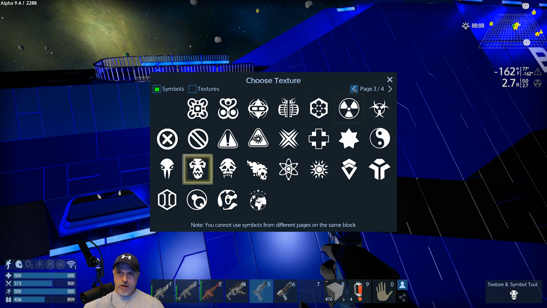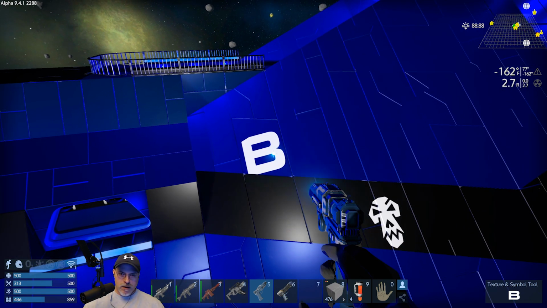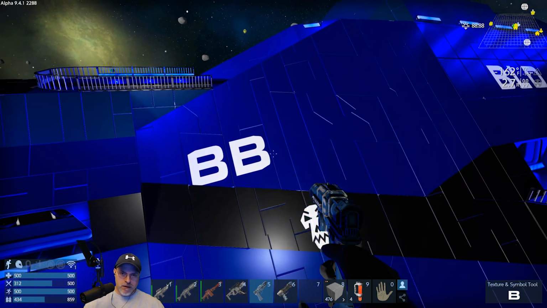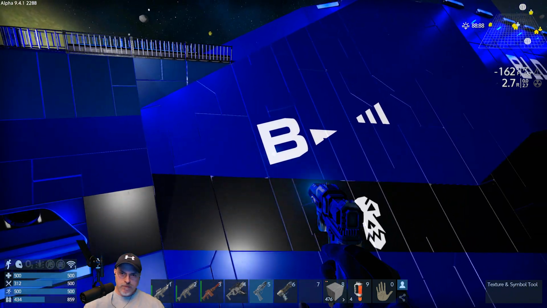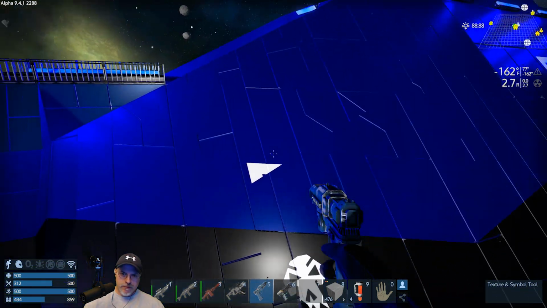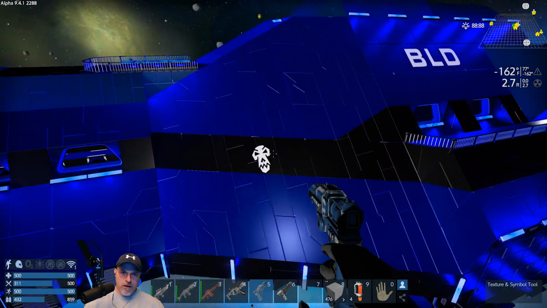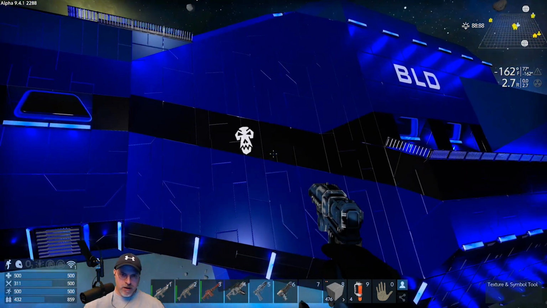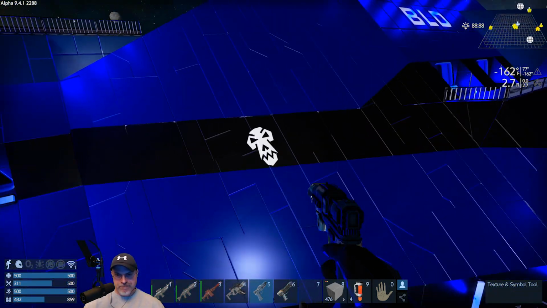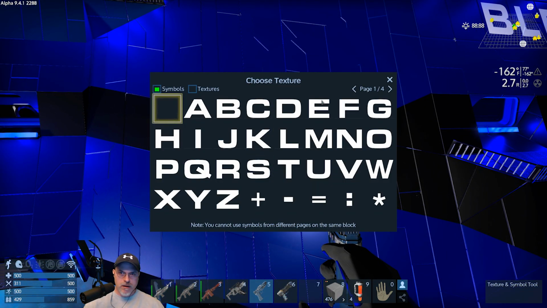I suppose if we put letters on here... Oh yeah, that's not going to look good. Okay. Yeah, we're probably not going to really be able to do anything on this multi-angled section without it looking really distorted. I mean, I guess that doesn't look absolutely terrible, but...